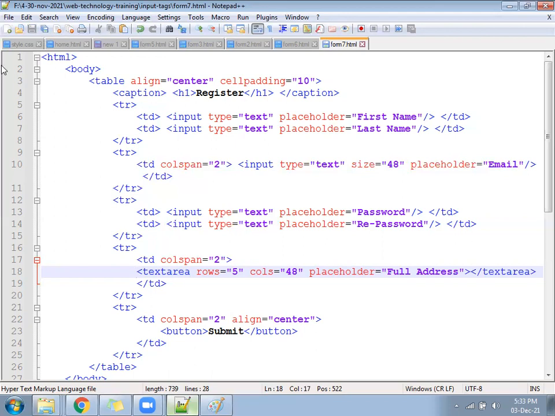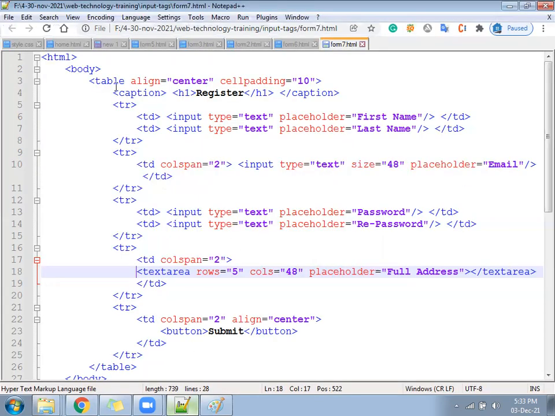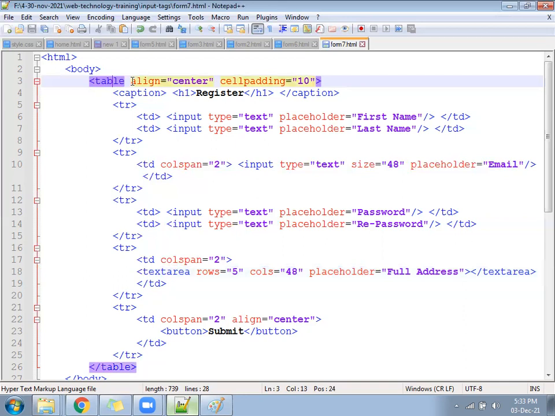Hope I added the placeholder. So this will look like this. Now change the table BG color to something different and change the body BG color to something different. For body, keep the BG color maybe pink, and for table, keep the BG color something else.